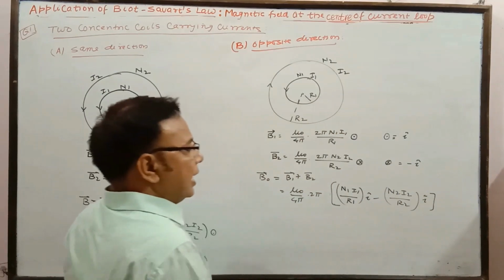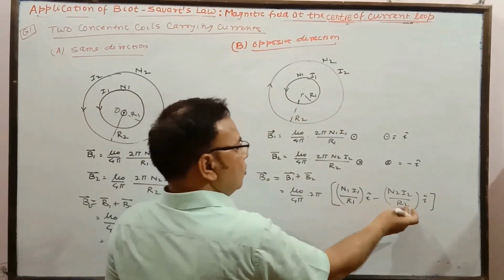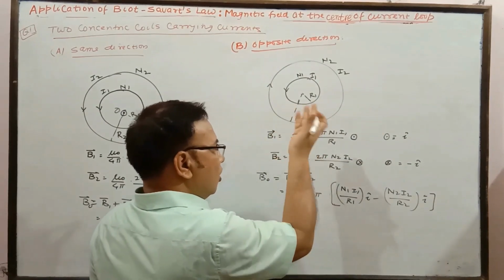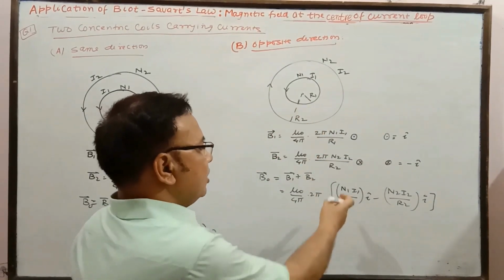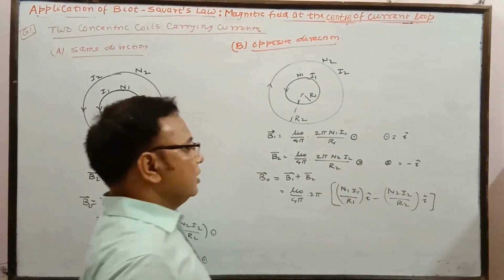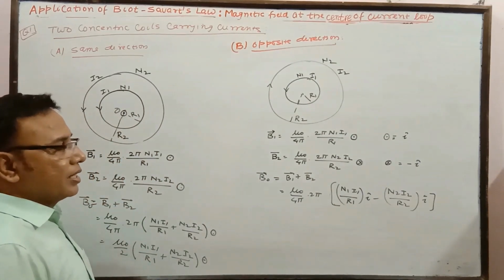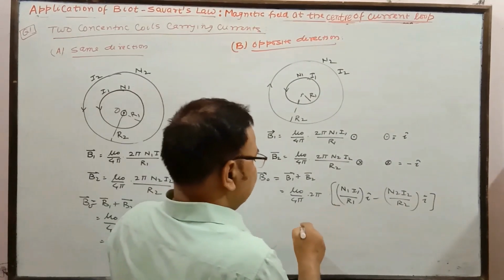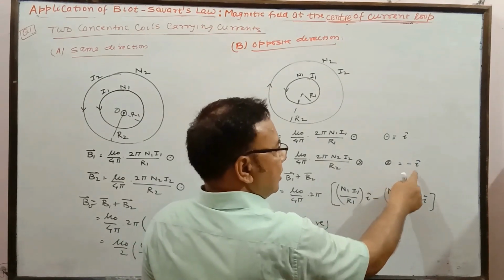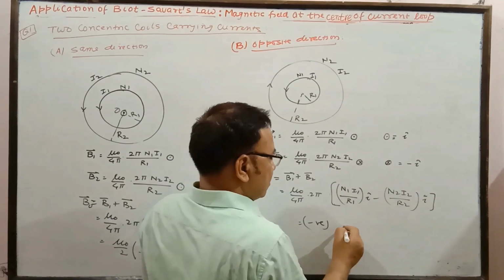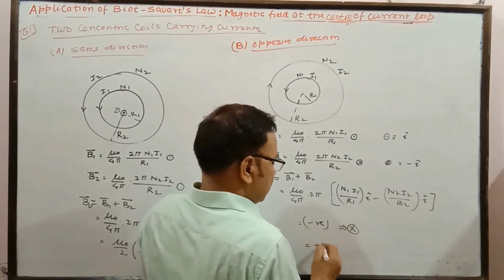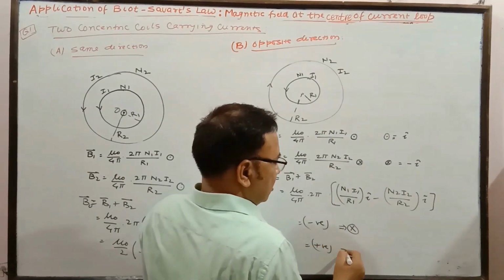So this is the result. As per the magnitude of these two, the B naught will be either towards us, away from us, or its value is 0, depending on the calculation of these two. If these two are same, then only it will be 0. So the result you can find out easily by taking a factor of this. If this is coming negative, what is the meaning of this? Negative means minus I, so this is cross. And if it is coming positive, you can say this is towards us, so this is dot.